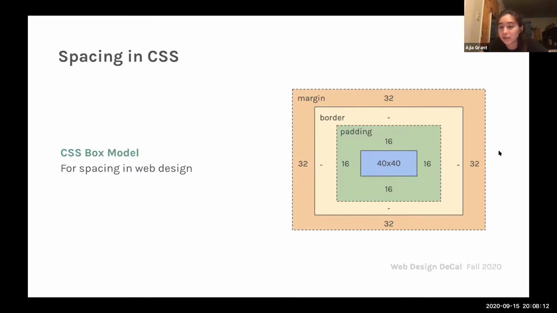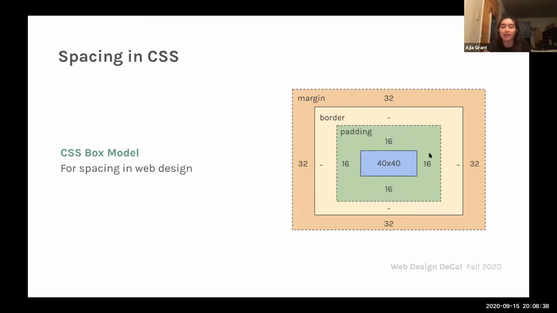And all these numbers here you don't technically have to follow, they just work out nicely, but not in every case. So then right around the main content, but still within the div that you're working with, that hard black line right here is the outer edges of that div or container that you're working in, your content.